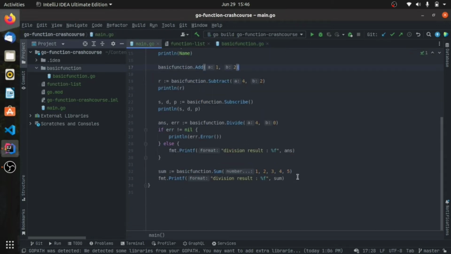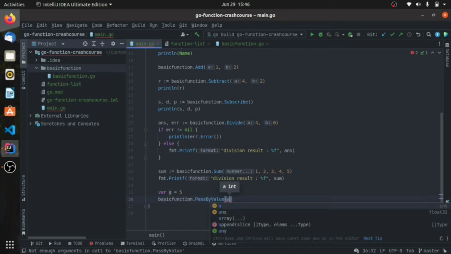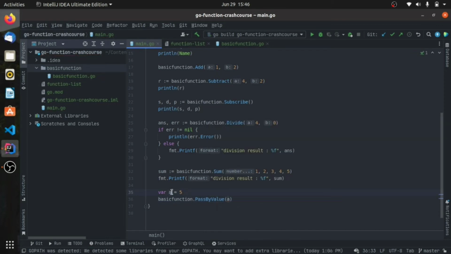I will demonstrate this. Let me write var a equal to, let's say, 5, and I will call pass by value with a, and I'm going to print